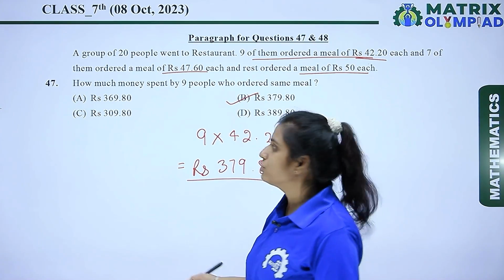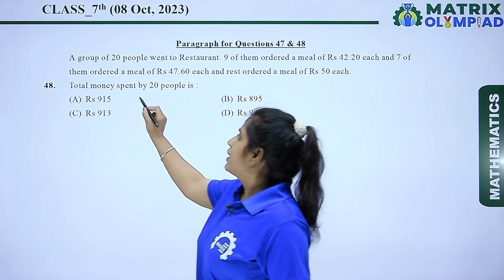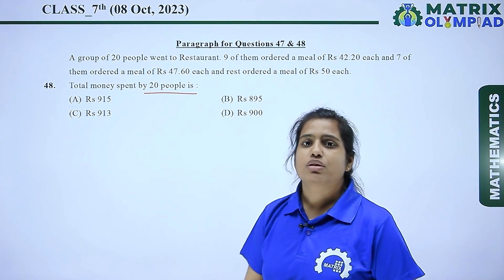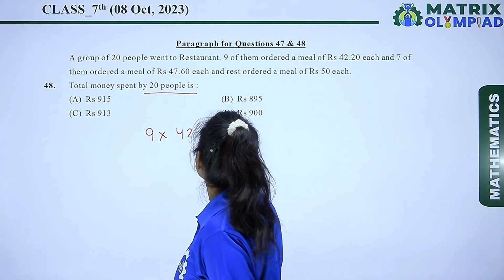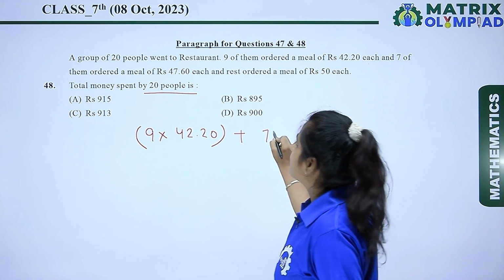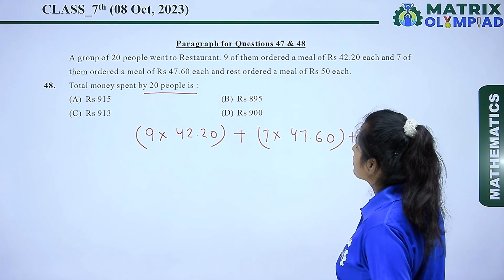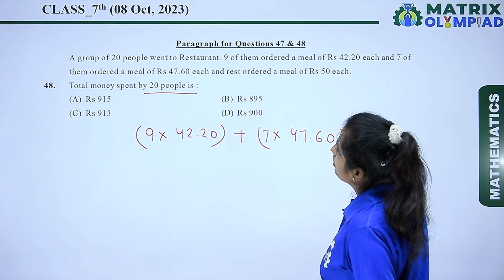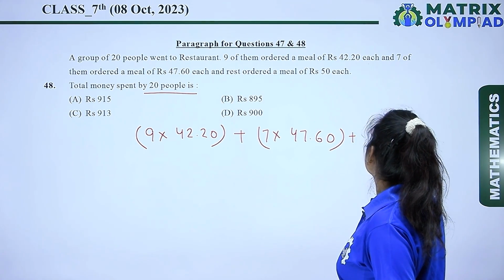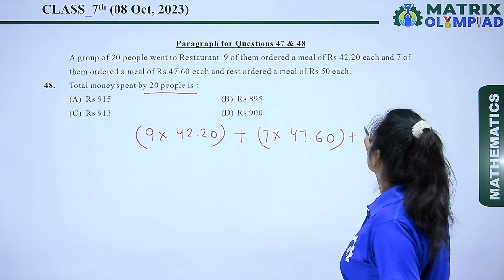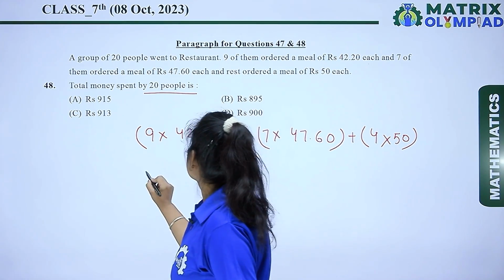Now let's solve the next question based on the same paragraph, that is question number 48. In this we have to find out the total money spent by 20 people. जो 20 people ने total amount spend किया था, we have to find that. So let's calculate all that. 9 multiplied by 42.20 plus 7 multiplied by 47.60 plus rest, means 9 plus 7 is 16 and 20 minus 16 is 4. 4 people ordered the same meal of rupees 50. So we have to add them all and the result will be